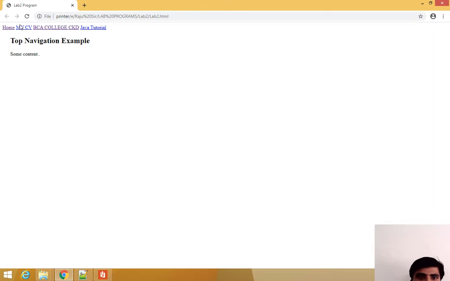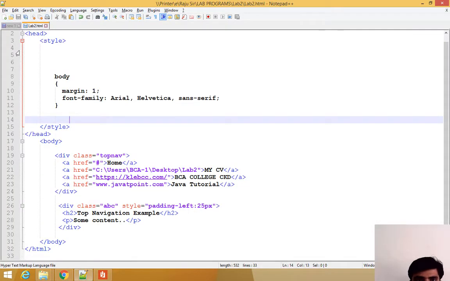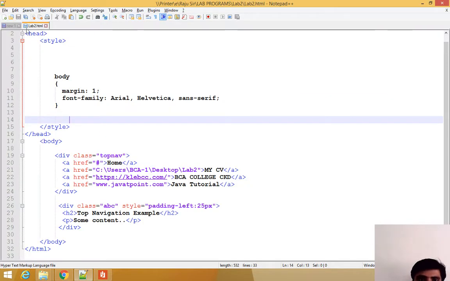See, this is the previous example, how it displays. Now I want to save this one, then reload. See, now it's different from the previous example. How is it different? Just the margin and the font family.